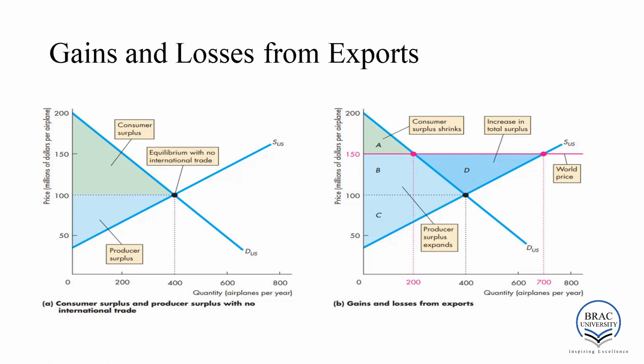So if the nation was not open to trade, then the scenario would be like this. So the surplus would be lesser, but if the nation is open to trade, then the scenario will be this, and we can clearly see that the total surplus when there is trade is much larger than the total surplus when there is no trade. So we can say that there has been a gain due